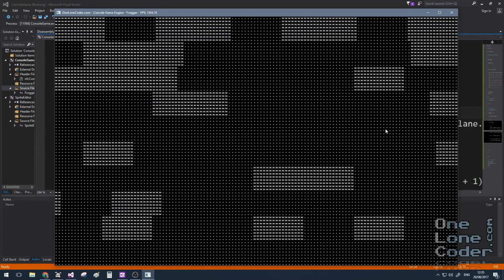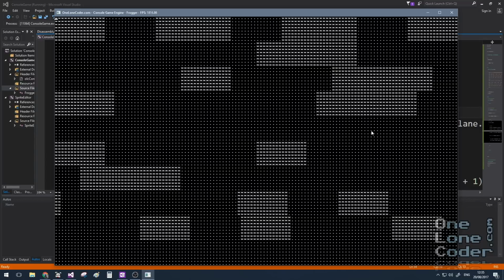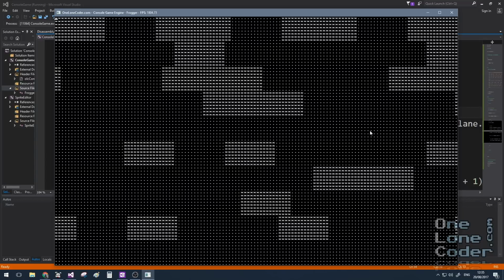Perfect, we've now got smooth transitions across the whole screen. Full stops and X's are great at showing us that the game is kind of working, but it's not very pretty on the eye. So let's start adding some graphics, and to do this I'm going to introduce a little